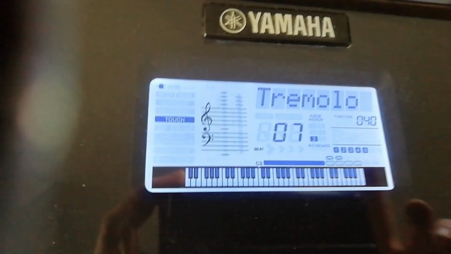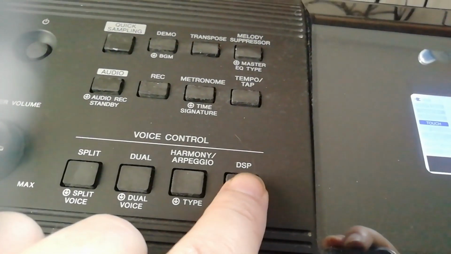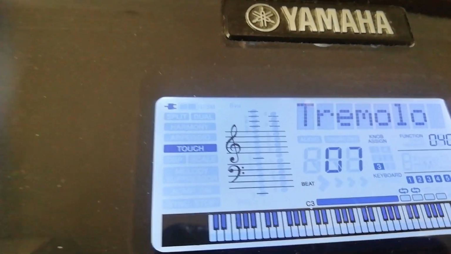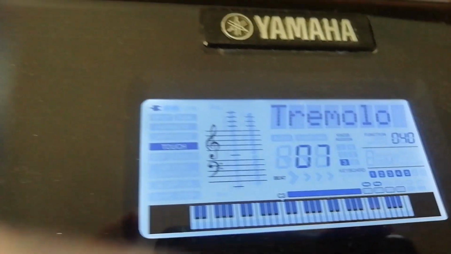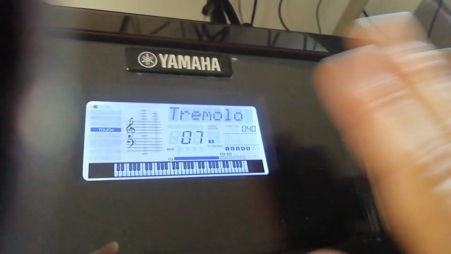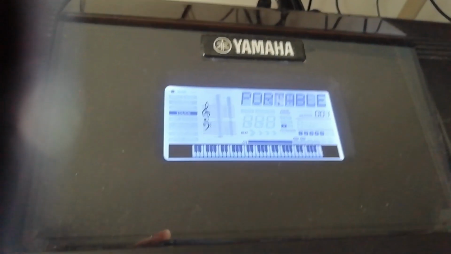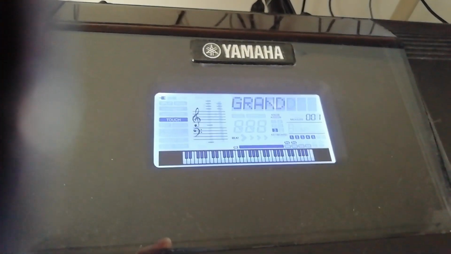Even though it shows tremolo here because I pressed DSP before, it is not active when it's deactivated here. So to reset all, I just hit the piano button and it's reset, because the default is set to piano.